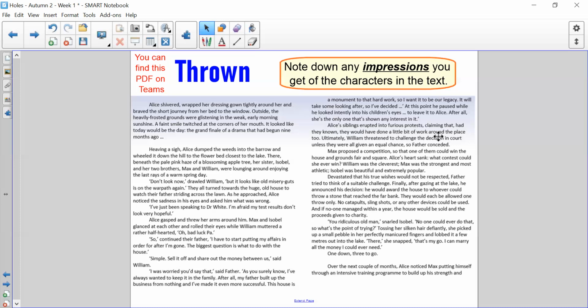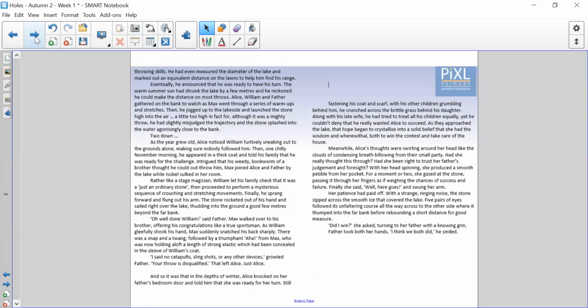Over the next couple of months, Alice noticed Max putting himself through an intensive training program to build up his strength and throwing skills. He had even measured the diameter of the lake and marked out an equivalent distance on the lawns to help him find his range. Eventually, he announced that he was ready to have his turn. The warm summer sun had shrunk the lake by a few meters, and he reckoned he could make the distance on most throws. Alice, William, and father gathered on the bank to watch as Max went through a series of